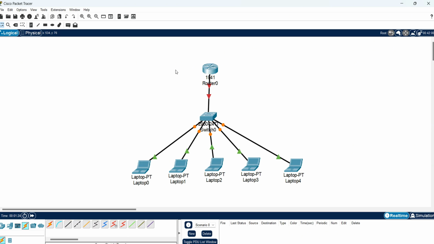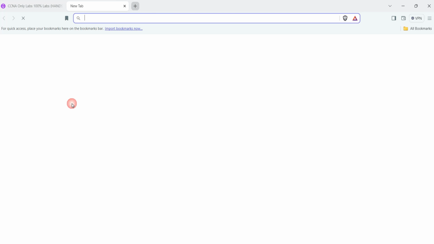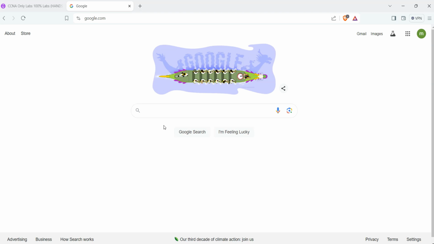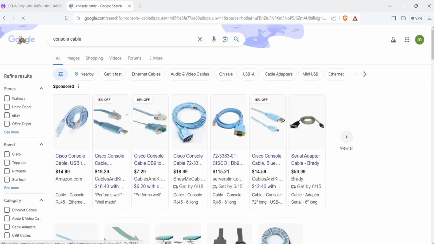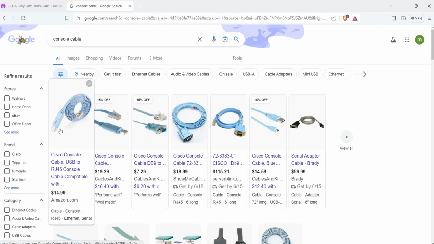So of course, the router doesn't have any actual configuration. There's nothing over here. Technically speaking, how is it done in real time? I have to get myself a console cable, which is called a rollover cable. You have something called a console cable, right? Watch this, which is a rollover cable. So you need something like this. One end is USB, goes to your actual computer, and the other end goes to the console port of the